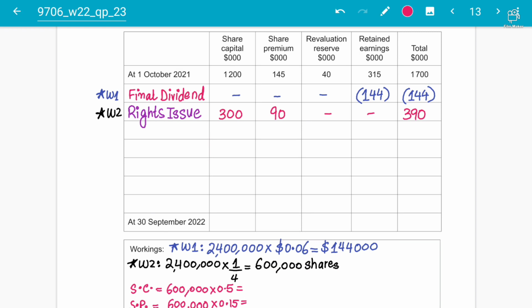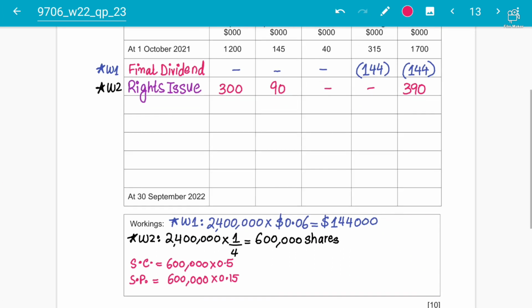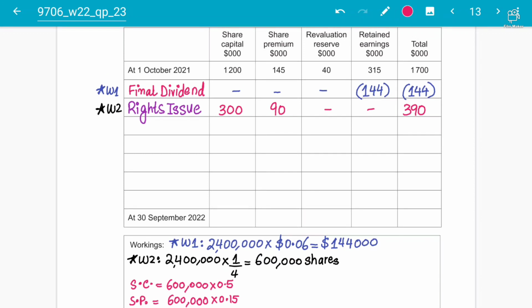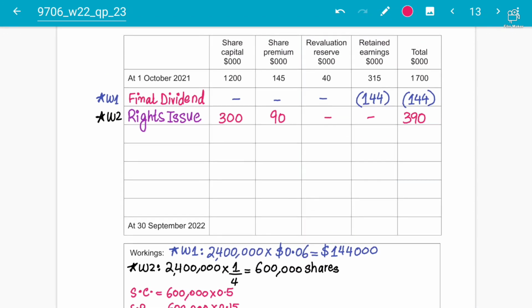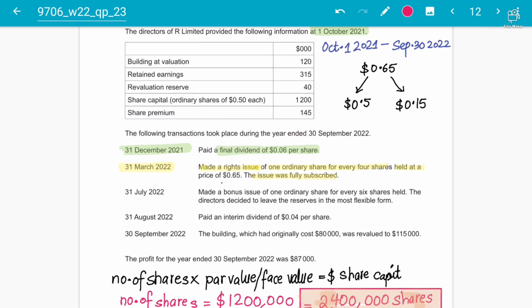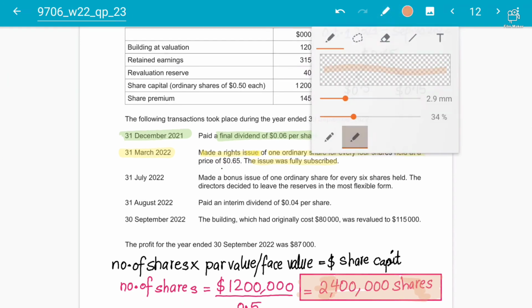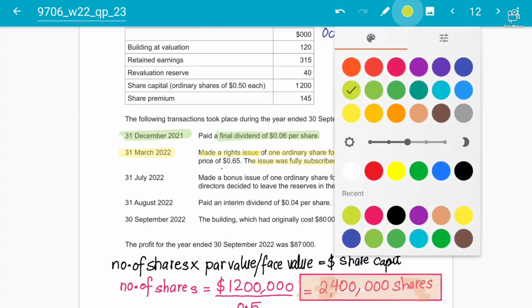Okay, so hope students are getting this technique. Okay, that how we are getting share capital and share premium. Okay, and showing the workings as well to the examiner. So 300 is the increase in share capital, and $90,000 is the increase in share premium. So 2 adjustments are done. That sir, this is how you are going to do it कि 0.65 को split करेंगे, 600,000 shares जो है वो हो गए हैं. Now moving forward to the next adjustment, sir,